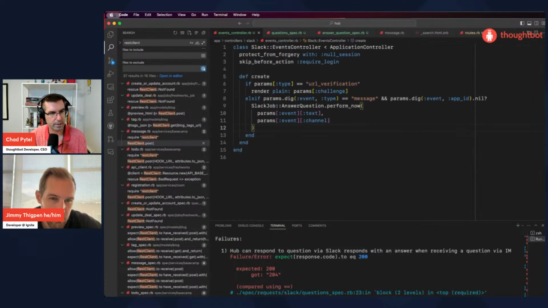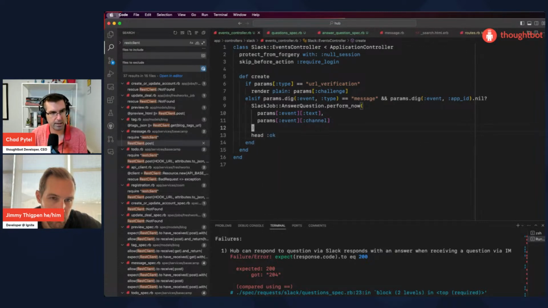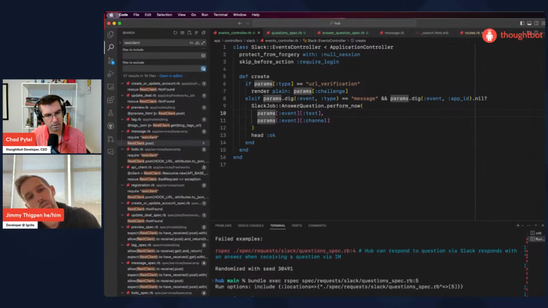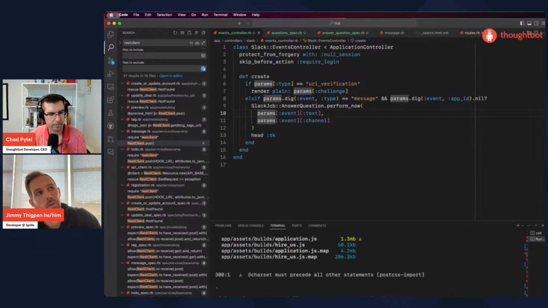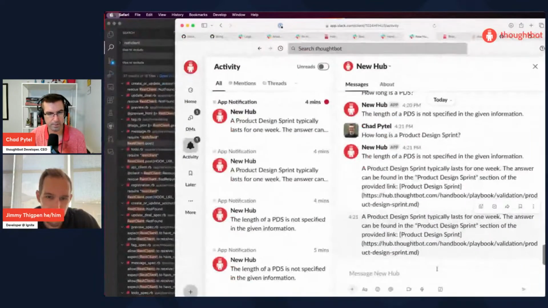And now if we go over here, we want to respond. Let's see if head okay responds with a 200. I'm not sure. I think it's going to be. Sorry, go ahead. So the 204 came from Rails' default response if you don't give anything. Got it. Okay, so that's why Slack was pinging us back. Yeah, I suspect that's the reason. And so now we have head okay, and it's responding with 200. Cool. So now if we go to Slack, hopefully we won't get a double response.